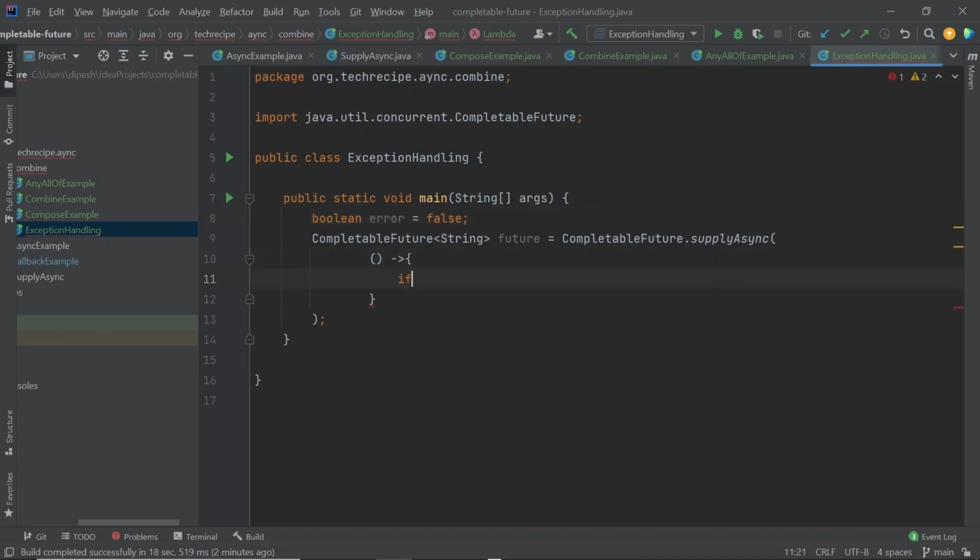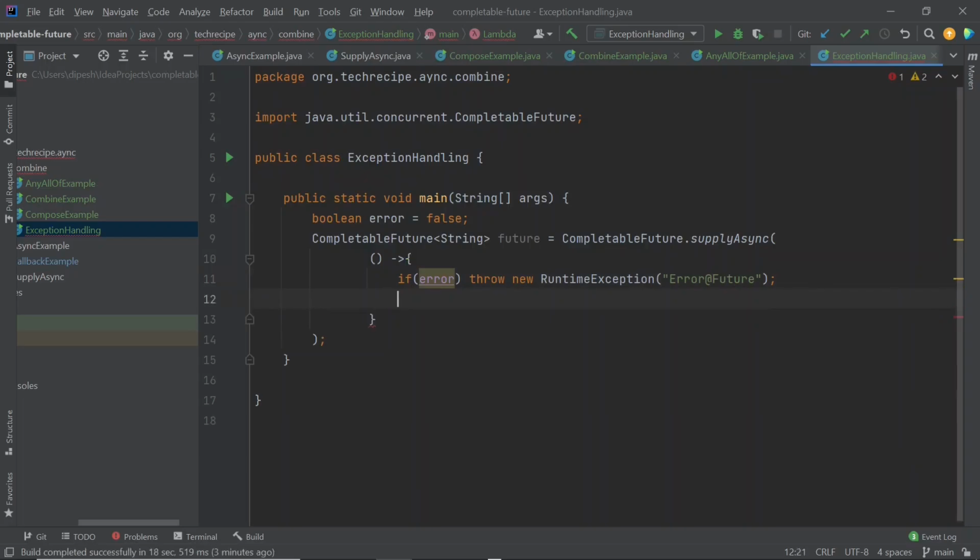Now if error is true, let's throw a new RuntimeException, and let's say error at future. And if there is no error, let's return success as a string.